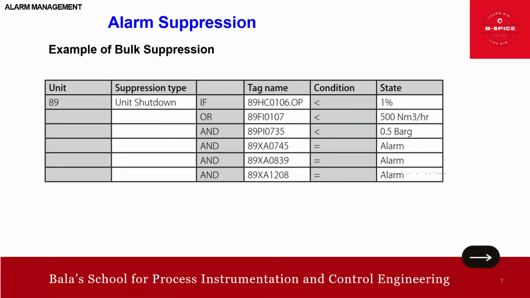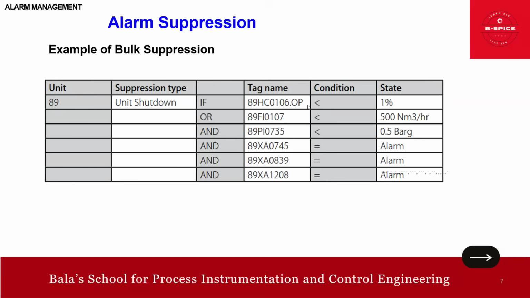Provided these points are below the value shown or in alarm state, then suppression can be enabled. Anyway, I'll just go into this. For example, in your case, this is one unit. So basically the suppression type is unit shutdown. So if this tag